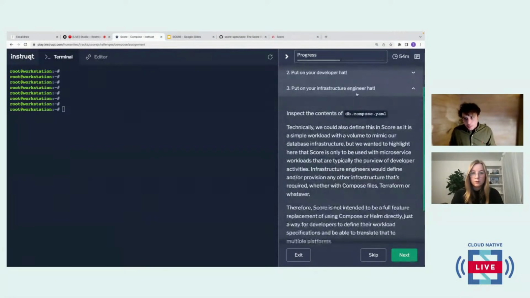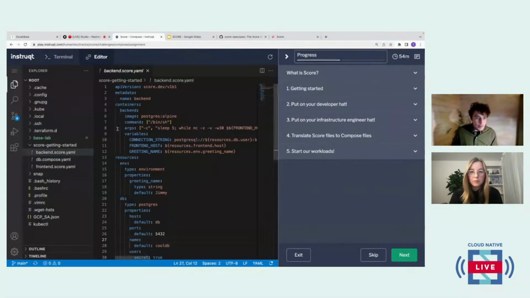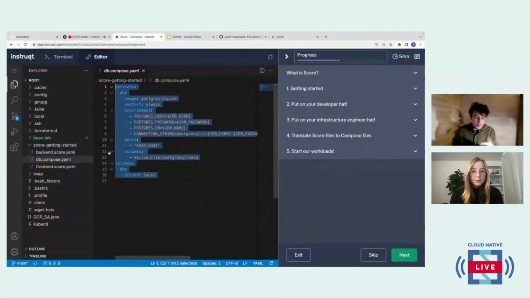This is also important, that we've got this score specification here. But we actually need a database, right? This is just Docker running locally. There is no platform in this instance, so we need to actually supply the database. So we've supplied that with a database definition in a compose file. We could have, and actually,